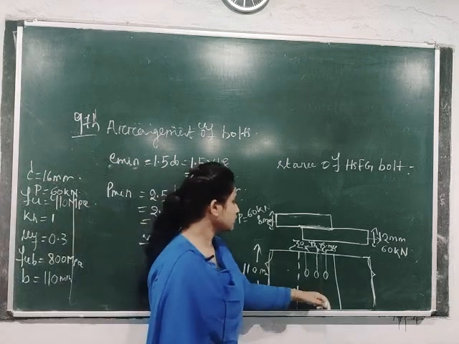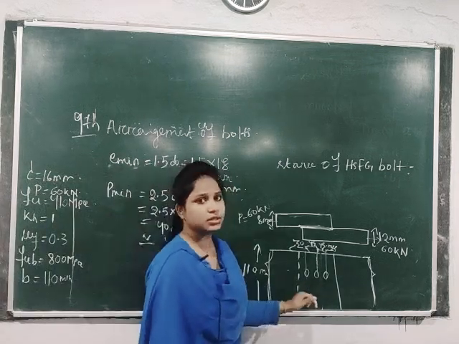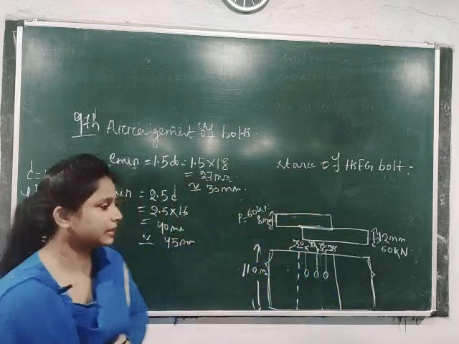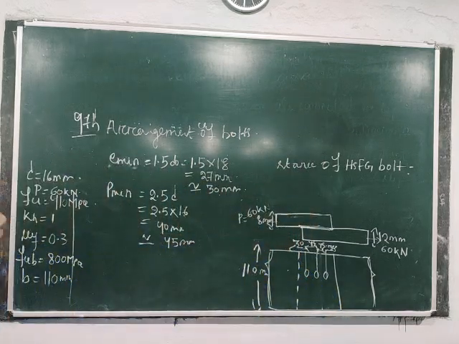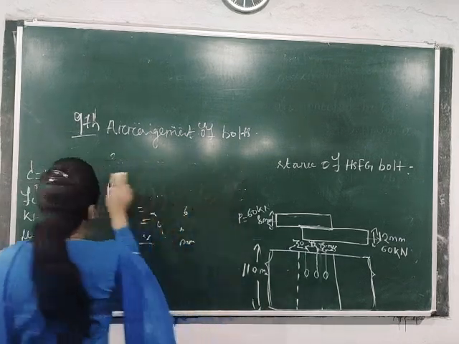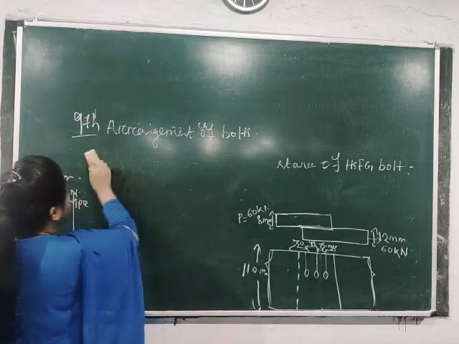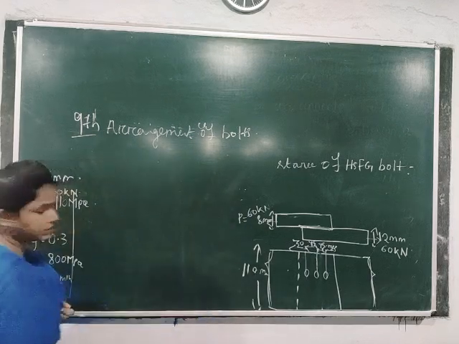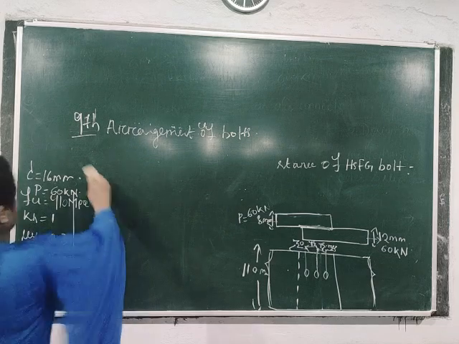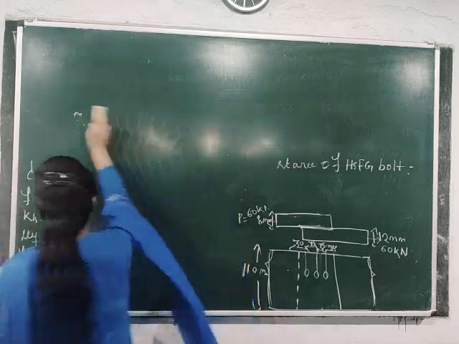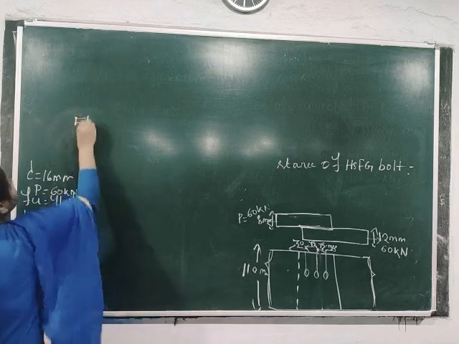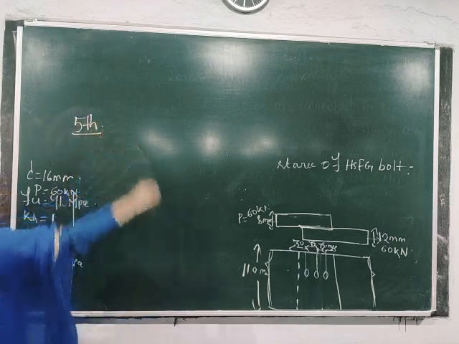Okay, so just arrange the bolts here in one row only, as our width is restricted. So we have arranged the bolts in a convenient way by assuming the end distance and pitch distance as per the recommendation of the IS code. Then in the fifth step, calculate the strength of the joint.